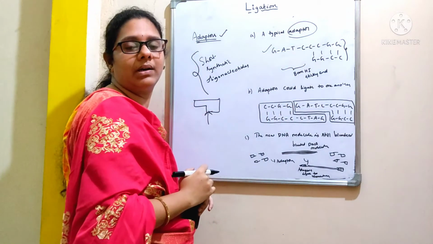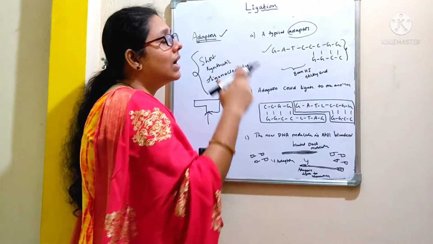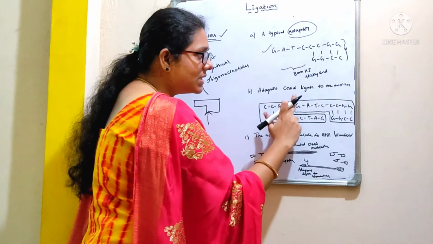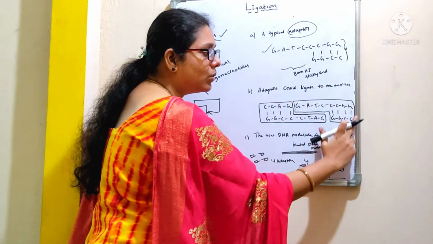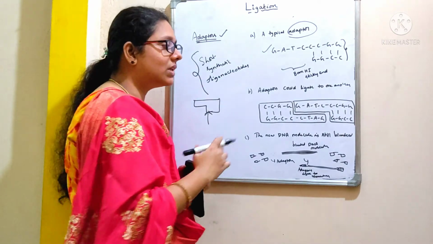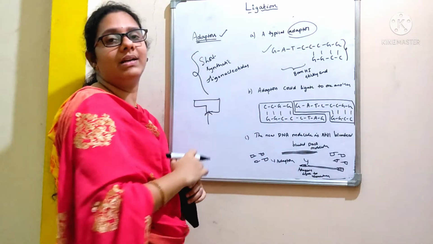So it will be very easy to generate a sticky end onto a blunt-ended DNA molecule with the use of an adapter. It seems to be very easy, but when it comes to the action, it also carries some problem. See, look at the picture. There is a ligation between the two adapters. As the sequences are complementary to each other, adapters can join together with each other, forming a dimer.